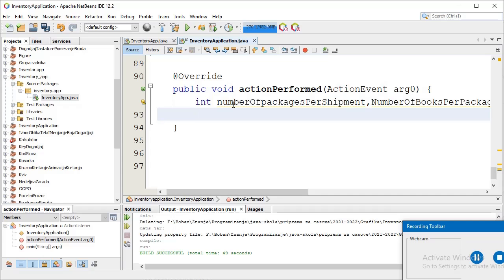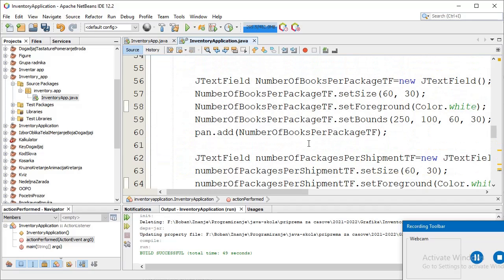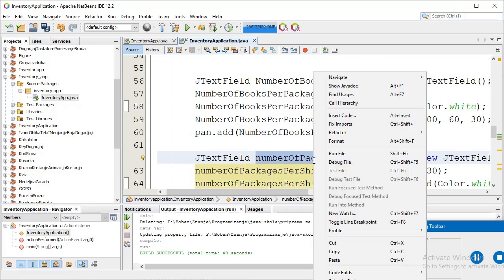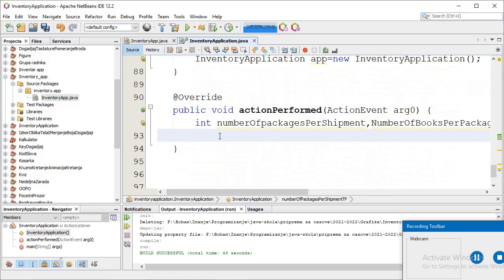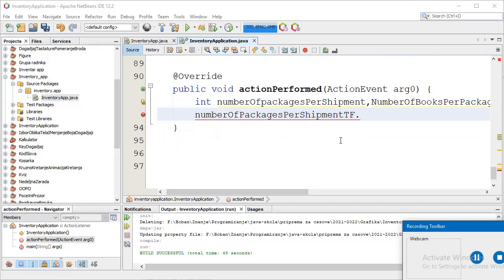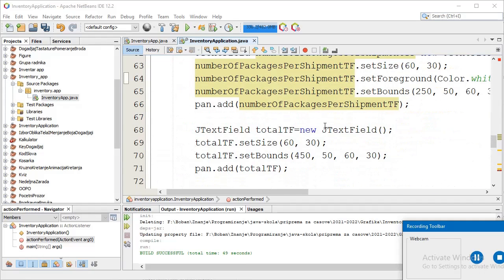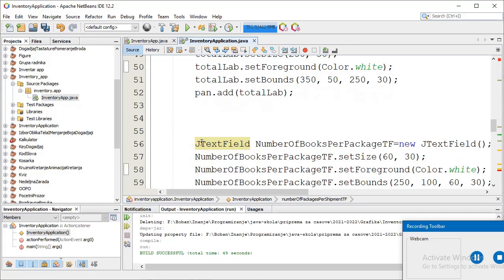To retrieve the number of packages per shipment, I start with the reference of the JTextField object corresponding to it, this object, and I try to call the getText method. Oh, nothing will happen. I must move the declaration of that object out of the method. That's the declaration.